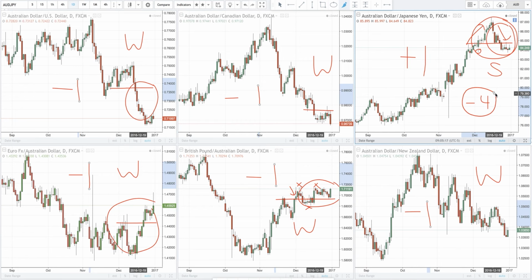Now you might be wondering, why isn't the Japanese yen following? It's because the Japanese yen is also showing weakness, but much stronger weakness, or it's way weaker if you want to put it that way. Okay, we'll get into a little bit more advanced stuff like that later, but